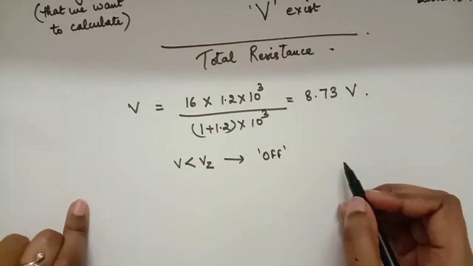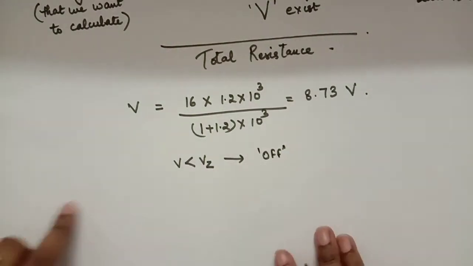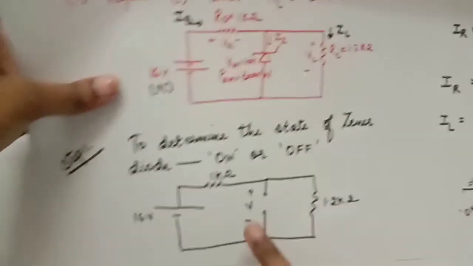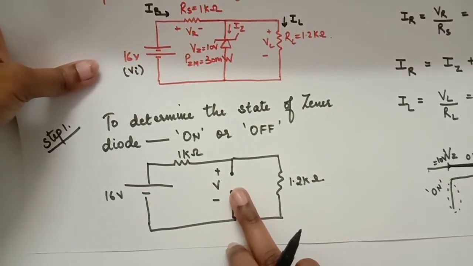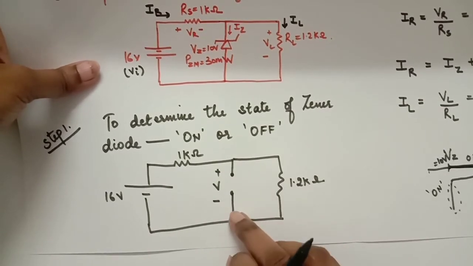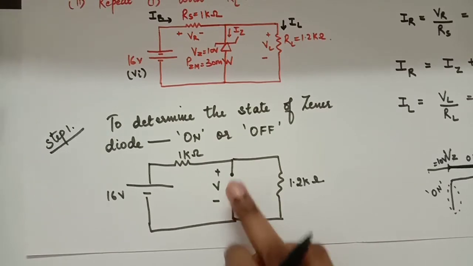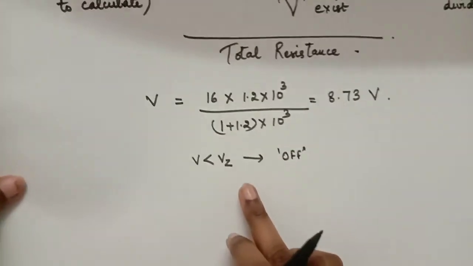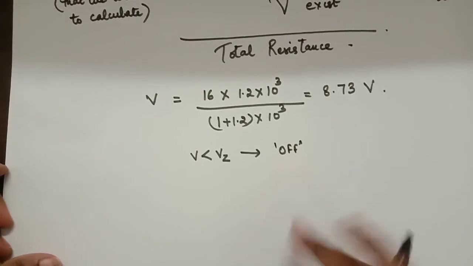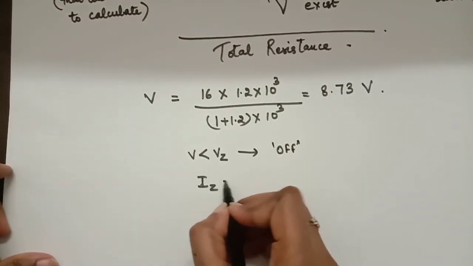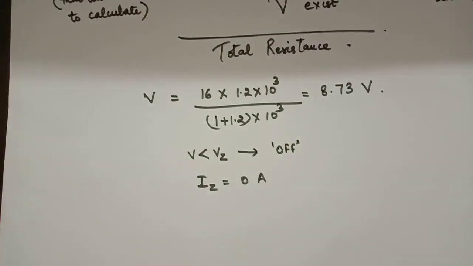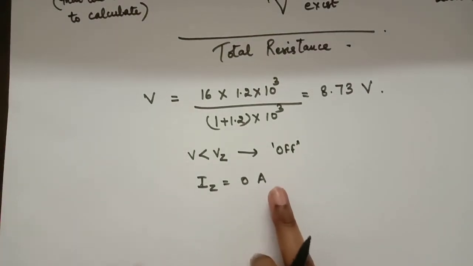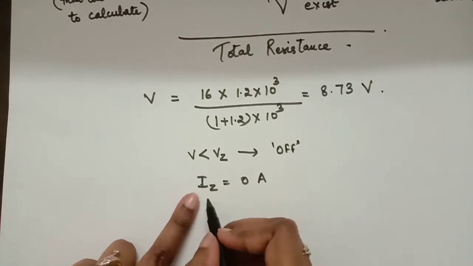Alright, and when the diode is off, that means there is no diode over here. And when there is no diode, there is no connection. No connection means an open circuit, where the connection has broken. That means the current in this particular branch is equal to 0. So what are the things that we can infer? That the Zener diode is off. Very important thing: IZ is equal to 0 ampere. Write the units. Always write your answer with units. IZ is equal to 0.